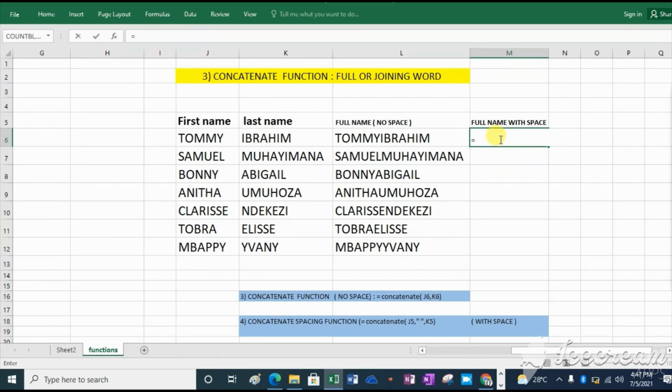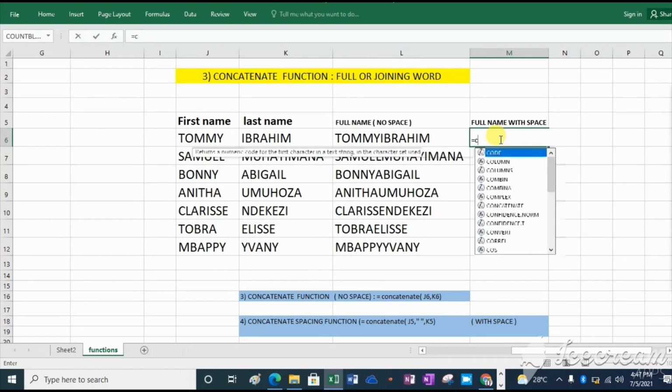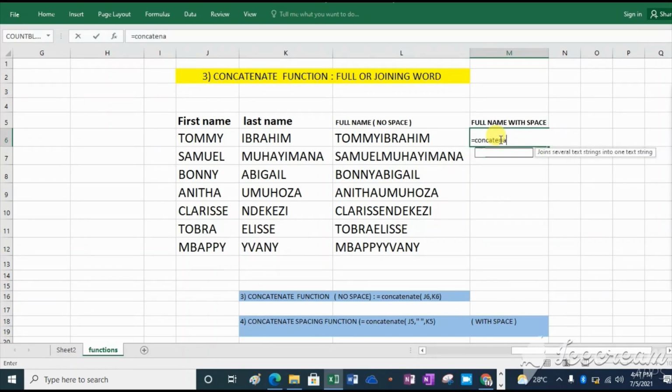You put the equal sign, concatenate, open bracket, then you put Tommy as the first name, then a comma, quotation mark, space, quotation mark, then you put Ibrahim, close the bracket, click enter.